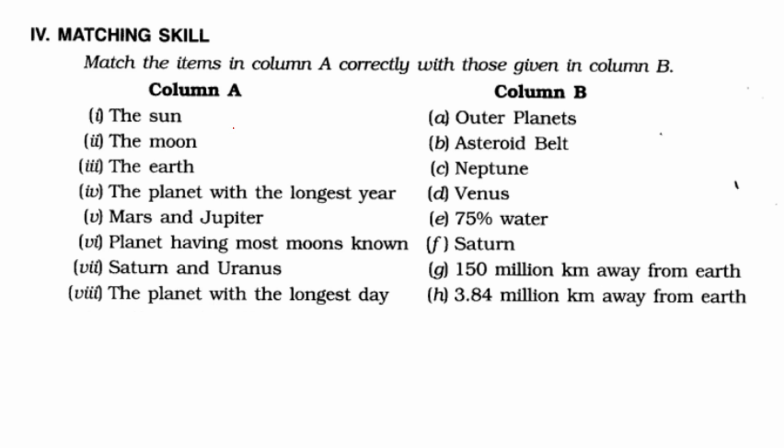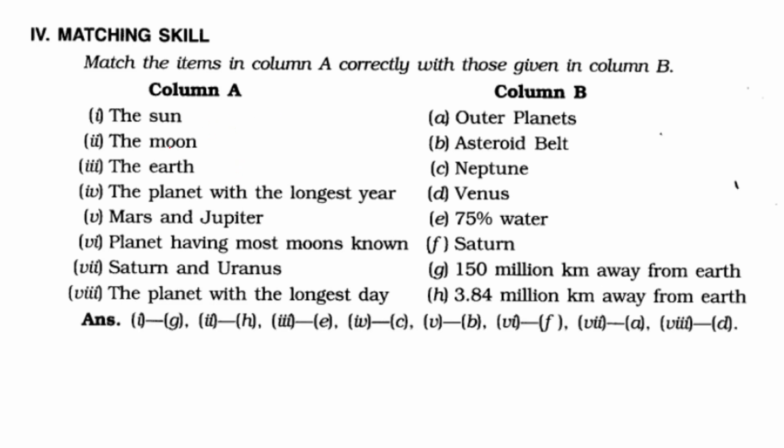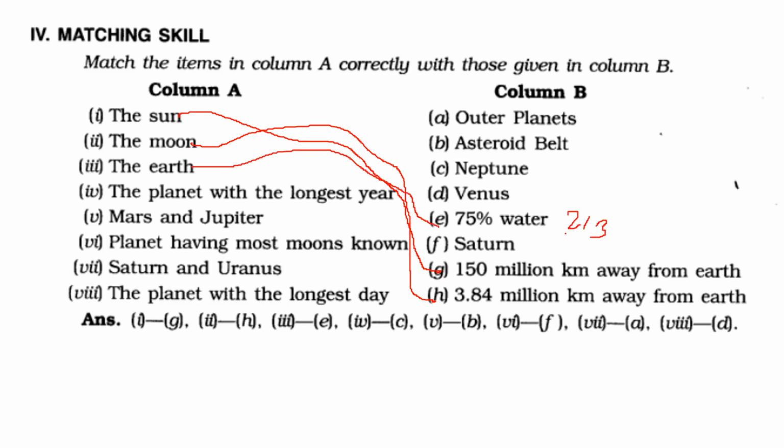Match the items in column A and column B. The sun, what is it? The sun we will equate with 150 million kilometers away from Earth. Then the moon, 3.84 million kilometers away from the Earth. Then the Earth, 75% water, two thirds water. The planet with the longest year,